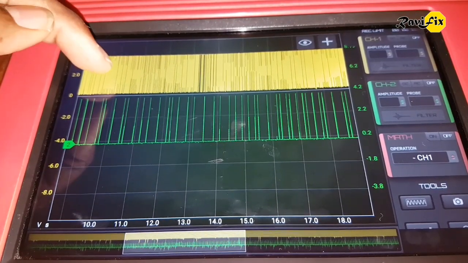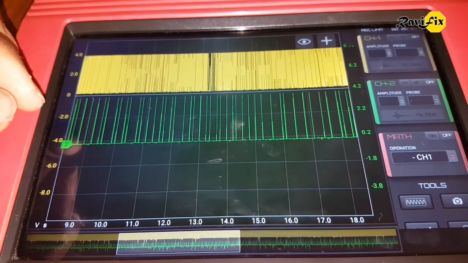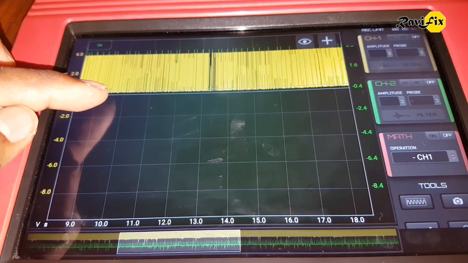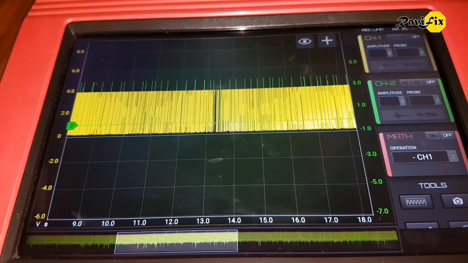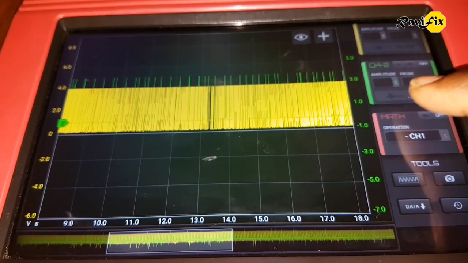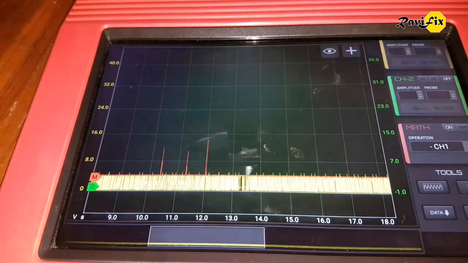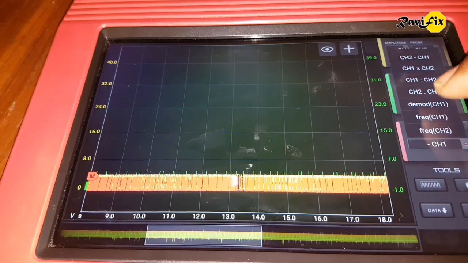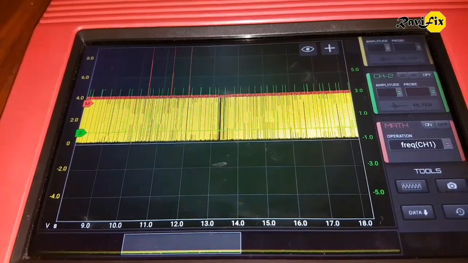The yellow trace is the crank signal and the green trace is the number 1 ignition coil trigger signal. Just sync the two traces to identify the cylinder location. Okay, then I am going to use a math channel. Here I put the frequency math on channel 1, which can show us frequency changes in the crankshaft velocity using the crank position signal. Basically, you know, crankshaft velocity changes when misfires happen.